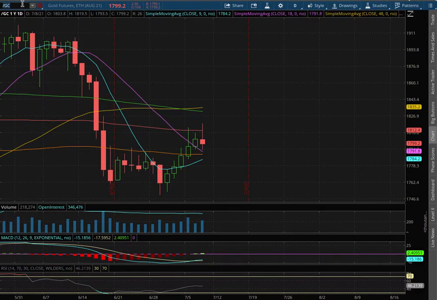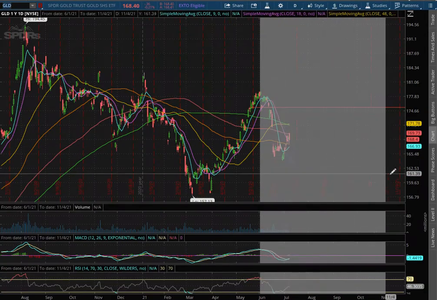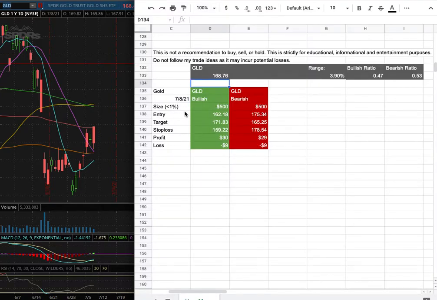As with the trade idea, I'll be trading GLD, and my position size for it is less than 1% of my portfolio. My long entry is at $162.18, my sell target is at $171.83, and my stop loss is at $159.22. However, if I were to open a short position, my entry is at